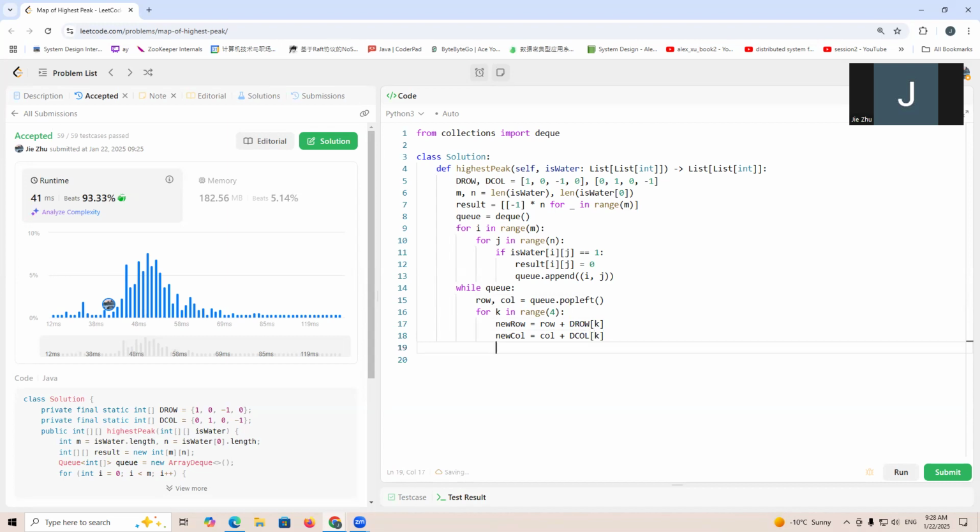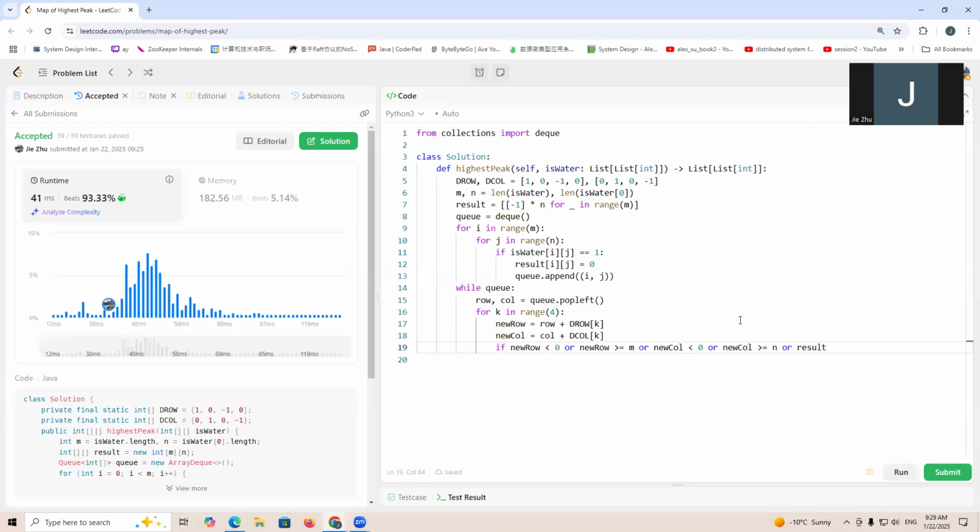So we need to check the boundary: if new row smaller than zero, or new row greater or equal to m, or new column smaller than zero, or new column greater or equal to n,